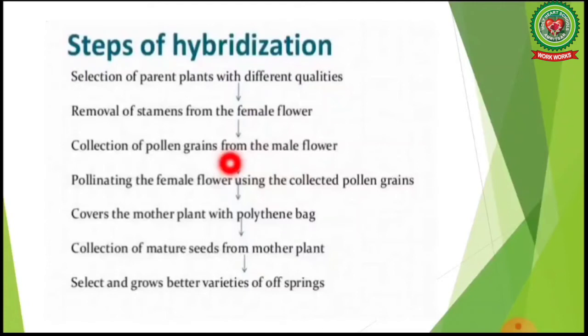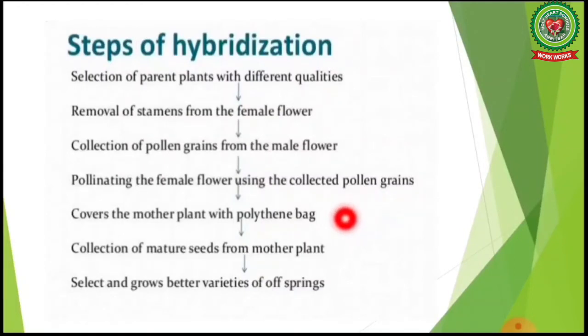After artificial pollination, rebagging is done. Rebagging means it is again covered with a paper bag and again tagging is done. The fertilization takes place and all the seeds are collected upon maturity. They are F1 hybrids, means ones which are obtained by crossbreeding the parents, or F1 seeds. They are sown and F1 plants are obtained.